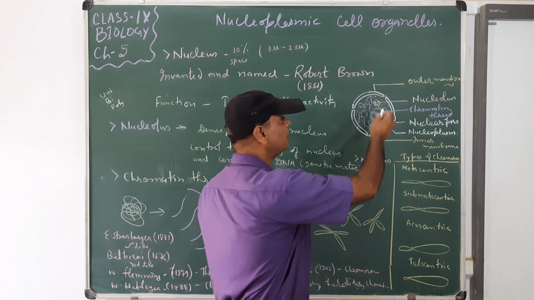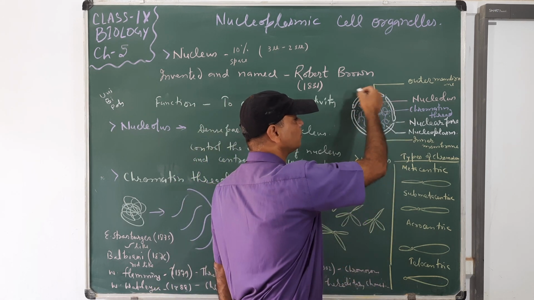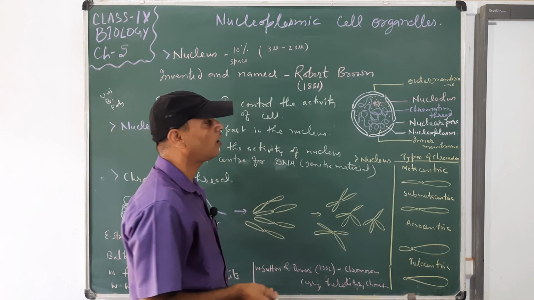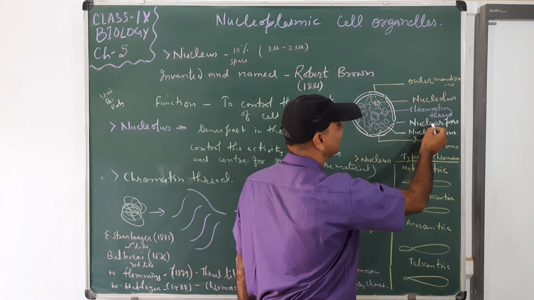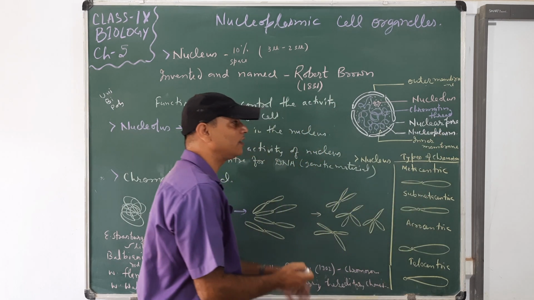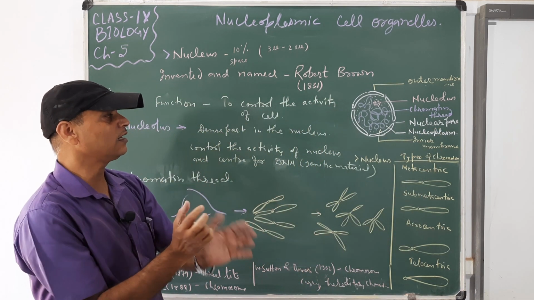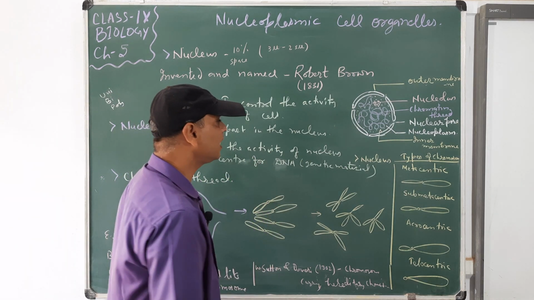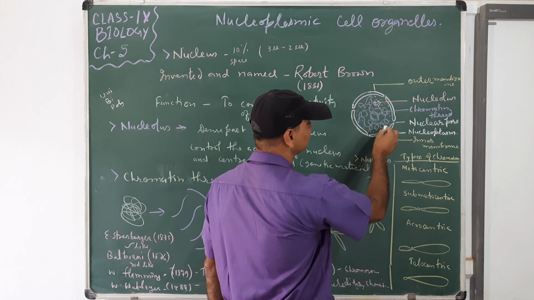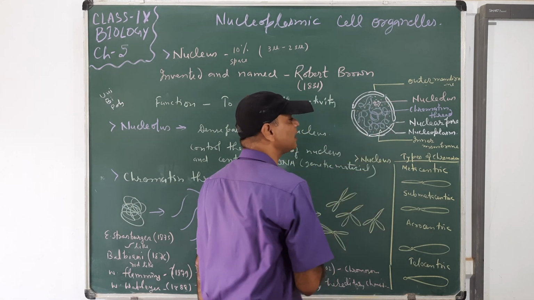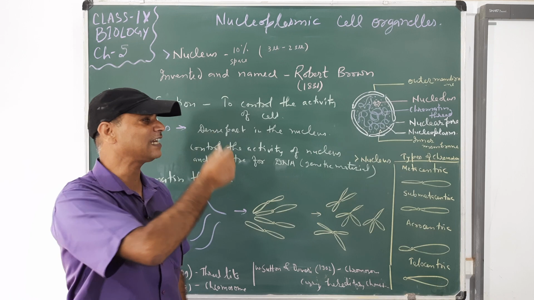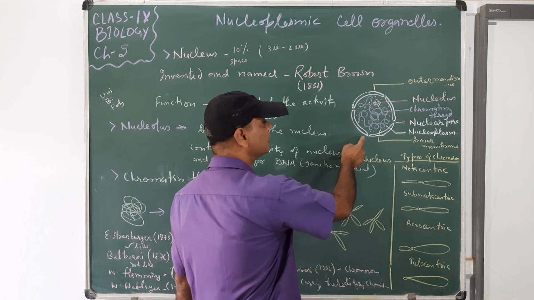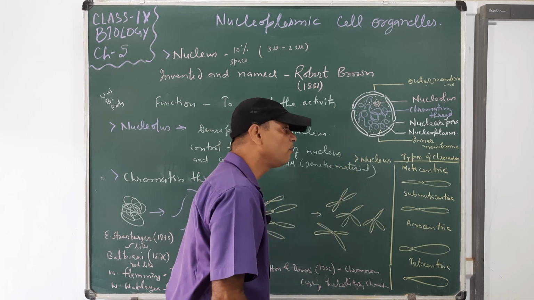Now the nucleus is covered by a double membrane, that is the nuclear envelope, or the outer membrane and inner membrane. They cover the whole nucleus and keep the nucleus apart from the cytoplasm. Here you see alternating pores, called nuclear pores, through which it connects with the cytoplasm and exchanges substances, or sometimes ER can emerge from this nuclear pore.